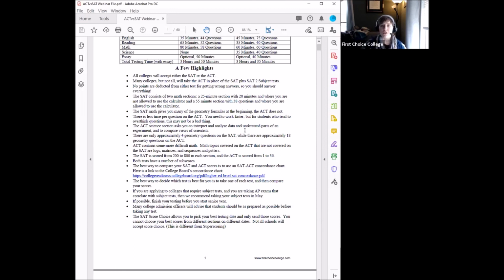Another feature about this is that there's a difference between the math questions as they're asked. I'm going to go in a second towards looking at some of those to give you a sense for ways in which the math questions are different between the two. So while the ACT, I think, goes into harder math, generally speaking, I find ACT math problems aren't as tricky as the SAT ones are.